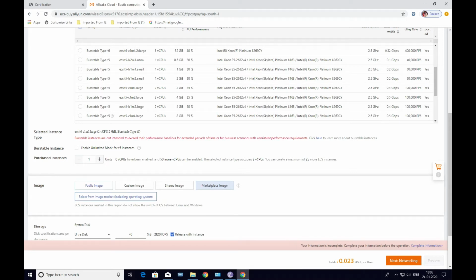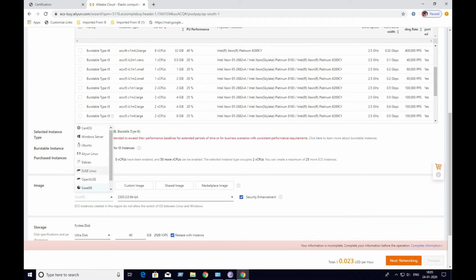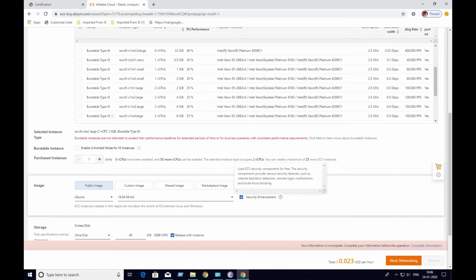So for now I'm going to select the public image, and let me choose Ubuntu here, for example, and I'm going to select the 18 version. And if you select the security enhancement, the option is there, so that is needed. If I click here, you can read it here, load ECS security component for free. So it means if you want to monitor your OS at the security level, it will detect and prevent